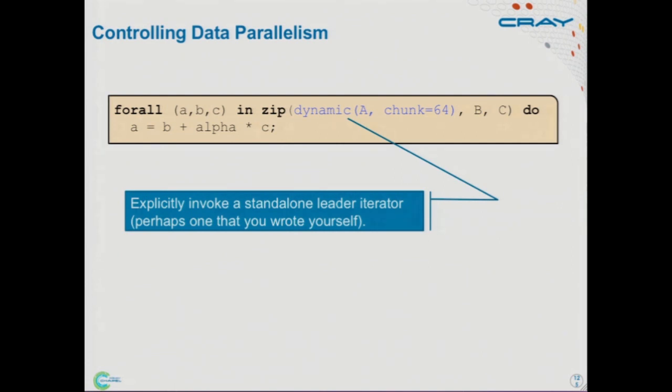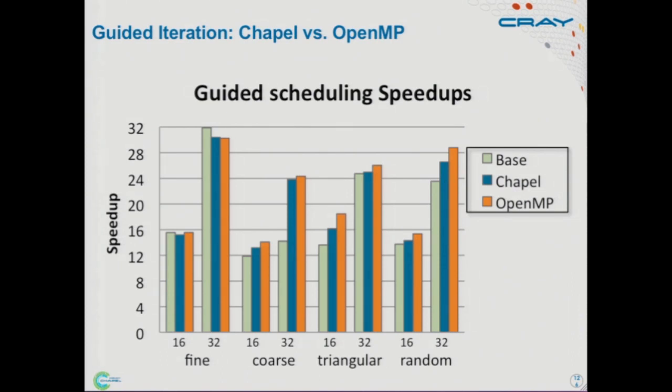So for example, we had a colleague from the University of Malaga in Spain who wanted to reproduce all of OpenMP's dynamic kinds of work balancing schedules in Chapel. And so what she did was she wrote them as leader follower iterators, standalone in the language. So there's one called dynamic, for example, that takes a range, although my slide here takes an array. We've been meaning to extend it to arrays, but haven't gotten there yet. So it takes a range and then a chunk size. And basically the leader will yield out chunks of work at a time of that chunk size until all the iterations are done. You probably heard about this in the OpenMP lecture this morning. I didn't make it for that. So it's semantically the exact same thing. And what she found was that we could get performance that was essentially identical to or very competitive with OpenMP.